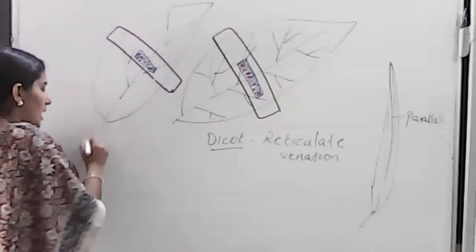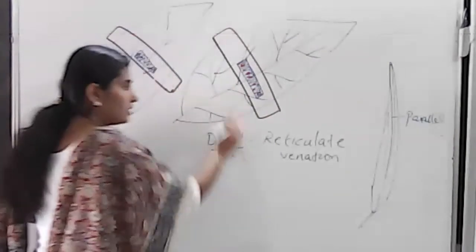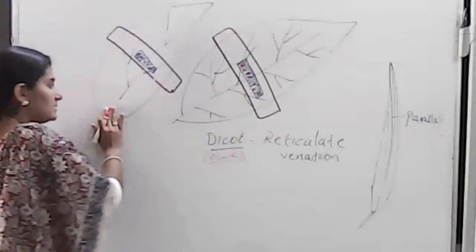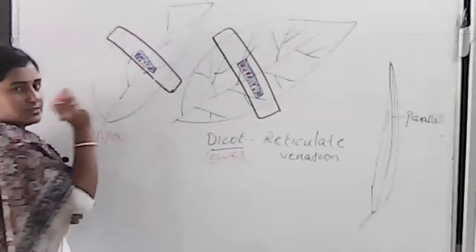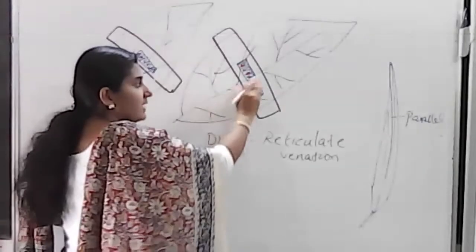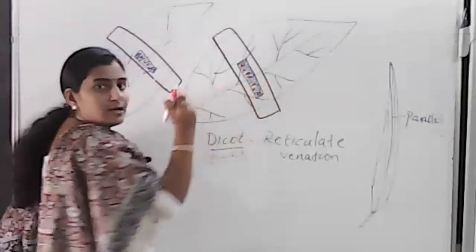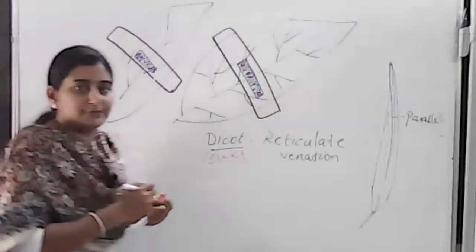This one is the upper epidermis. This one is the lower epidermal region, the lower side of a leaf. This is the upper part of a leaf. So here only 1 or 2 dots you see just started changing to pink color. That's all. But at the same time, you can see that in the lower surface, it turned pink faster compared to the upper surface. Got it?